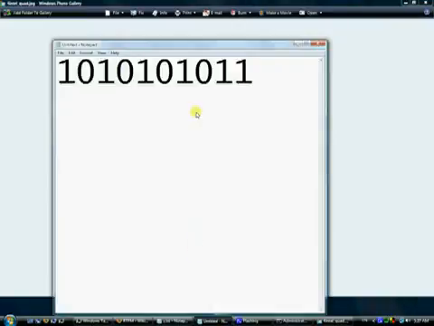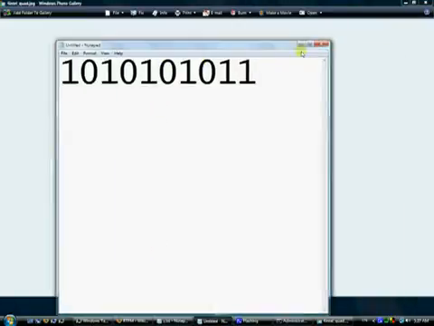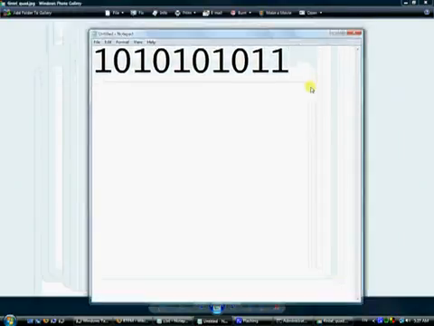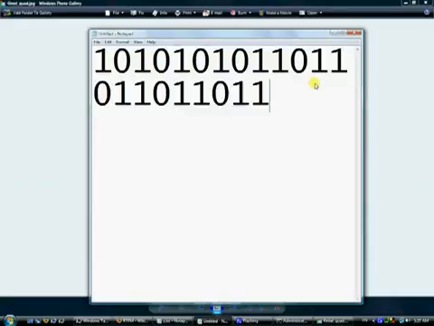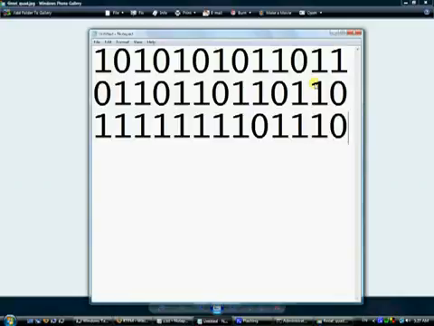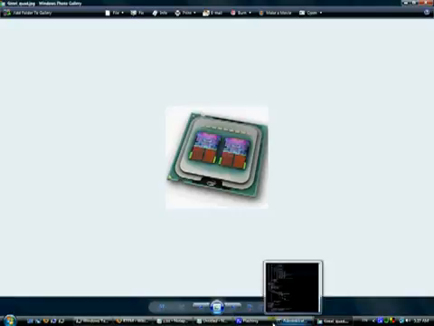Now, the way in which this piece of machine actually reads instructions, it has its own special language, so to speak. Its language is known as binary. Binary looks something like this. You type in a whole bunch of ones and zeros, and then you pass it on to this piece of machine, and this machine will maybe do something interesting, like show a red dot on the screen, or who knows what.